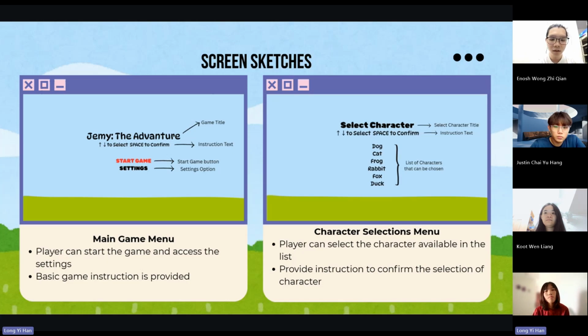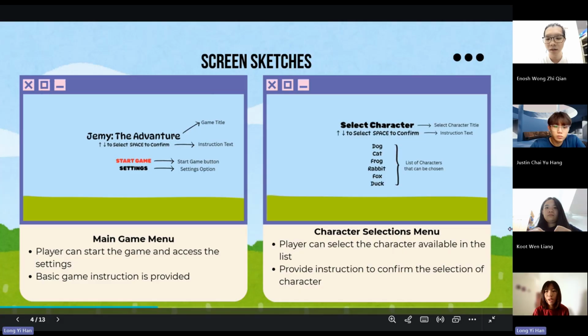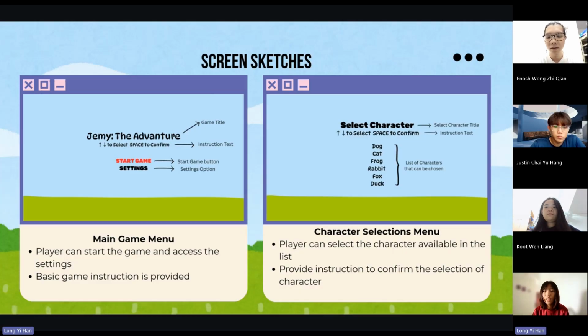This kind of design provides great convenience, and players can easily know how to play. And the second one is the character selection menu. Players can select the character from this list: dog, cat, frog, rabbit, fox, and duck. And the same, it will provide an instruction to confirm the selection of the character.